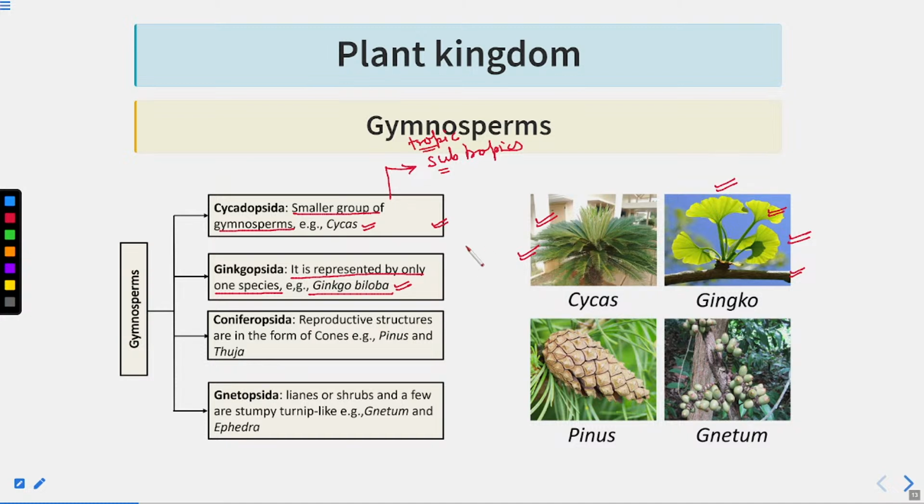Okay, so this is a living fossil. This is the only member living in this Ginkgopsida. Next is the